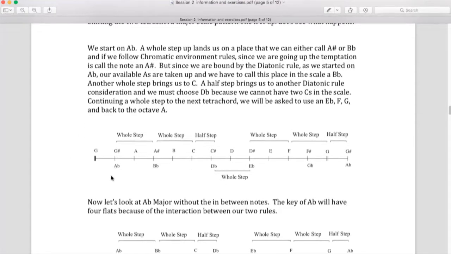So let's look at that again. Start on A flat. Up a whole step, we have to call it B flat because of the diatonic rule. Up a whole step takes us to C. Up a half step, we have to call that D flat because we've used up all of our C's. D flat, up a whole step, we have to use some kind of E, so we call that E flat. Good. Now we go up a whole step and it's F, up a whole step, G, up a half step,